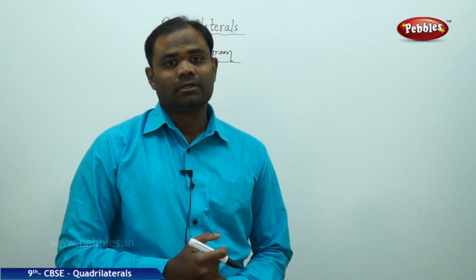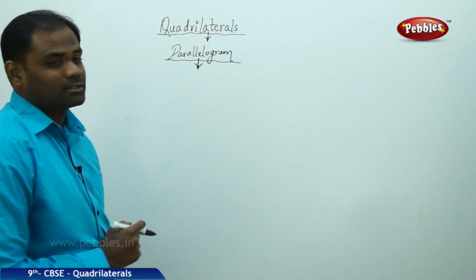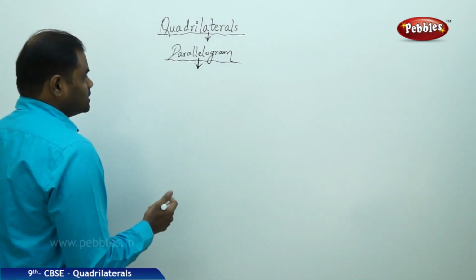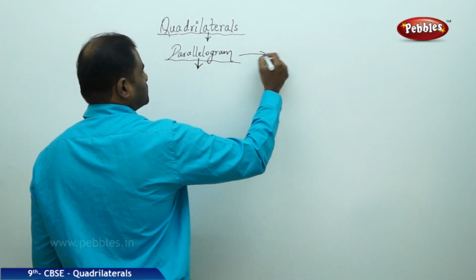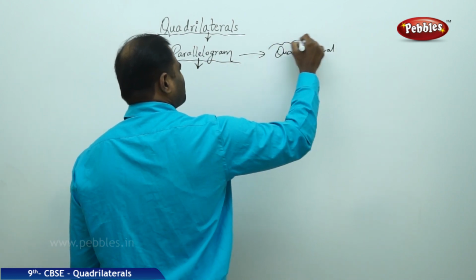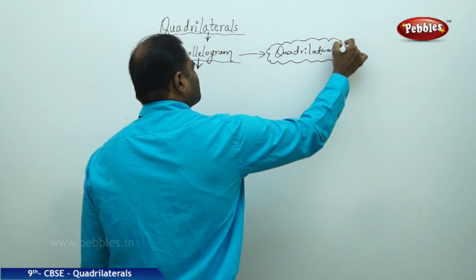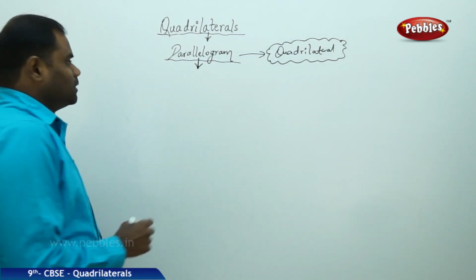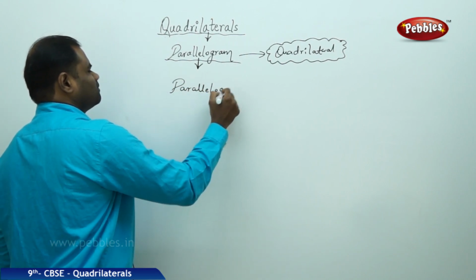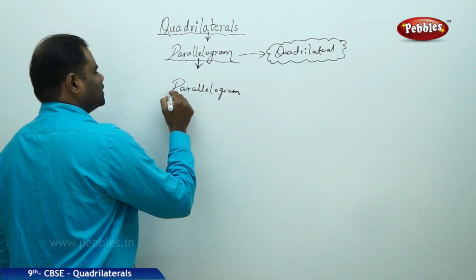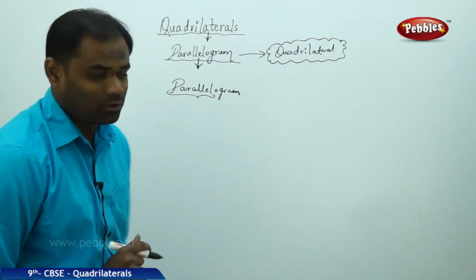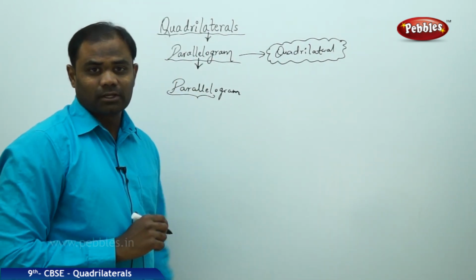Parallelogram. The word parallelogram itself says that it is a closed figure formed by parallel lines. So let's see the special case in terms of a quadrilateral. So here, the word parallelogram itself has the word parallel, which means the four straight lines which form a closed region, that is